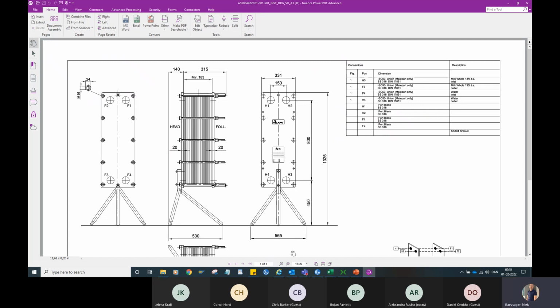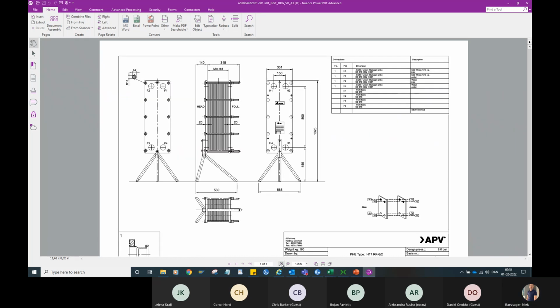Here we have the drawing. This was an RK frame, so no end support. So we have these 3 legs with ball feet on them. And when I talked about the ball feet plates, I mean a small plate here, which is supporting the ball foot, so you level out the pressure on the floor. It gives you indication of what type of fittings is selected,